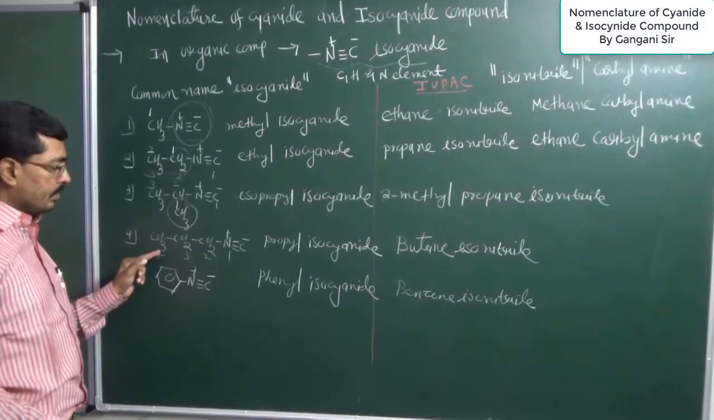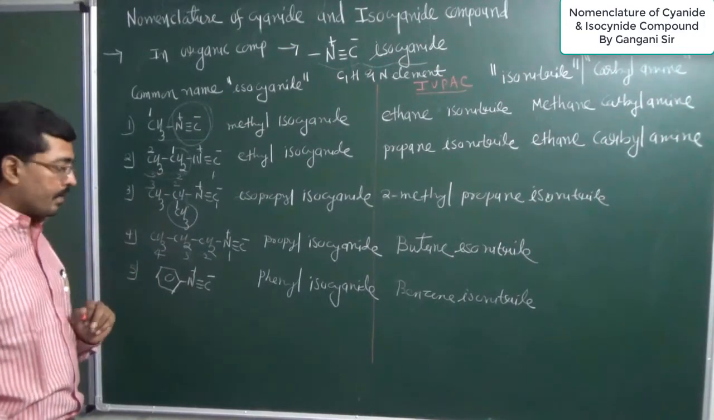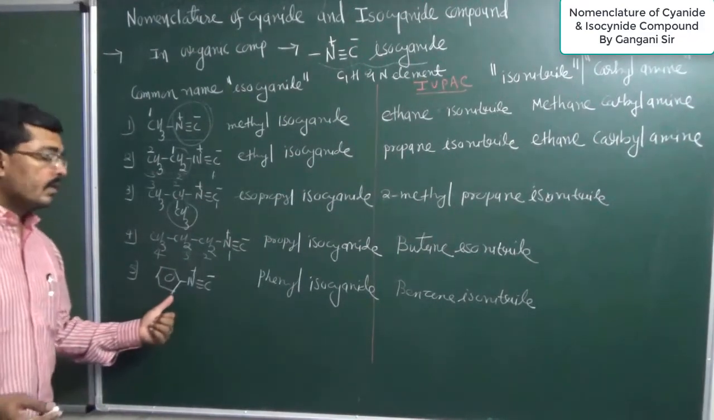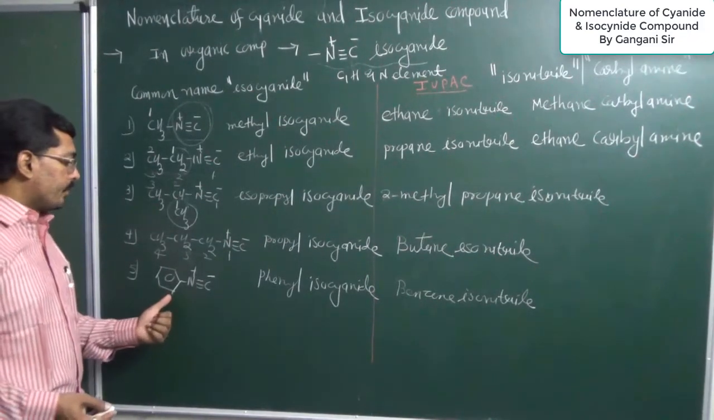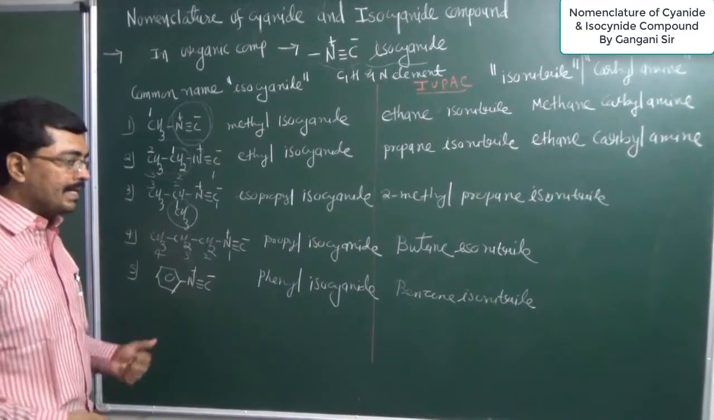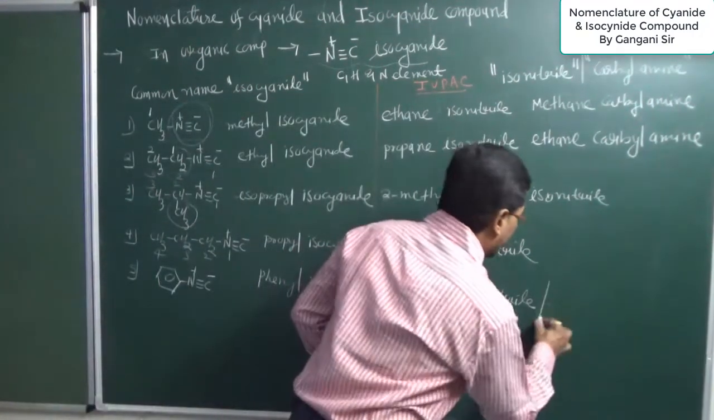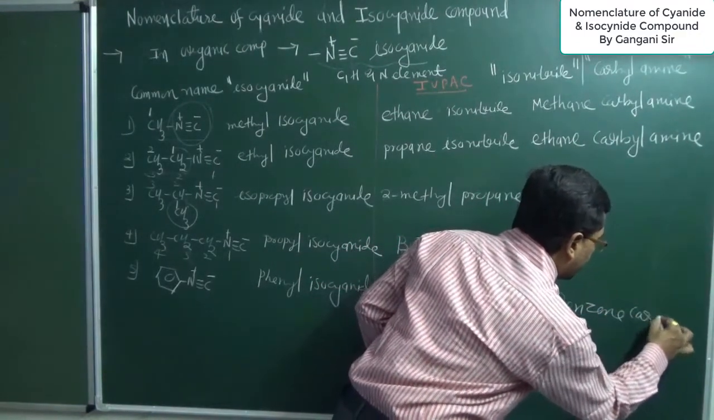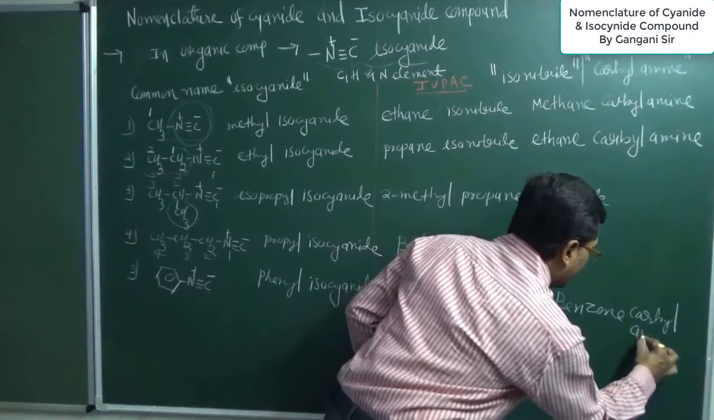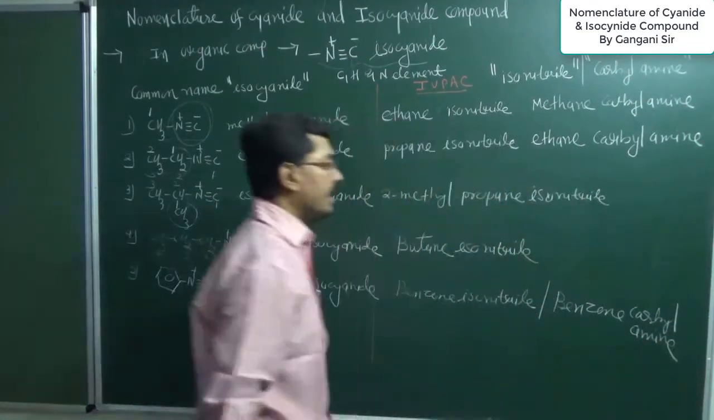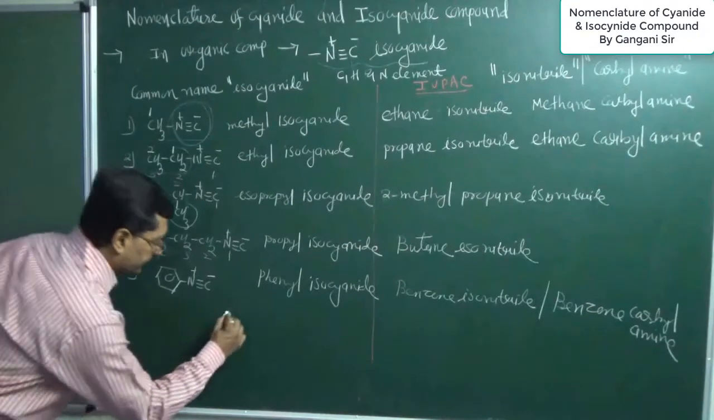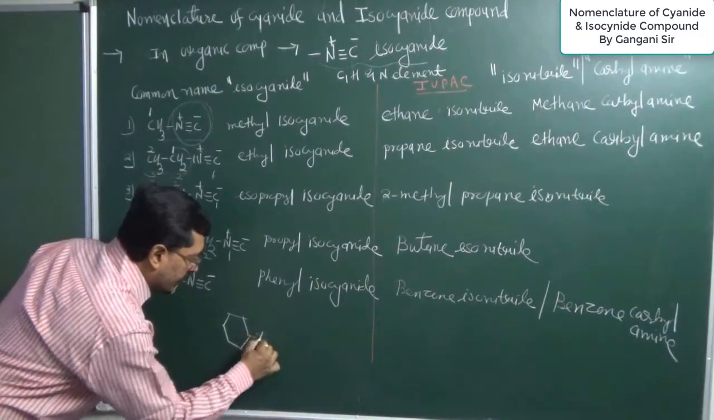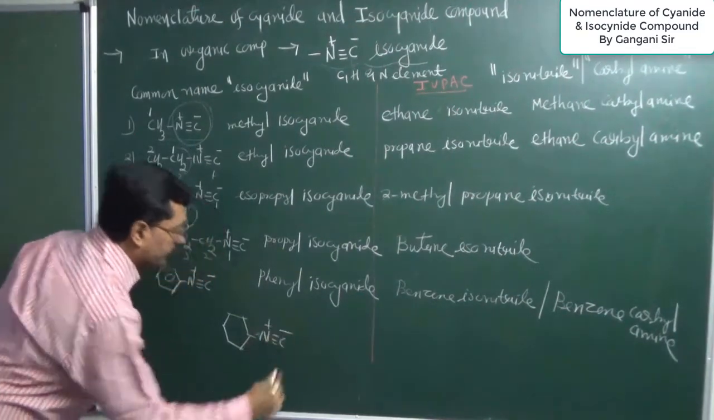So by using this word, particularly for cyclic compound, we can give name by using word carbylamine. So for this structure, suppose I want to give name, then benzene carbylamine. Name of this compound we can give benzene, then remaining part carbylamine. So name of this structure we can give benzene carbylamine. Similarly, suppose with a cyclic structure isocyanide group is attached, then we can give name of this structure